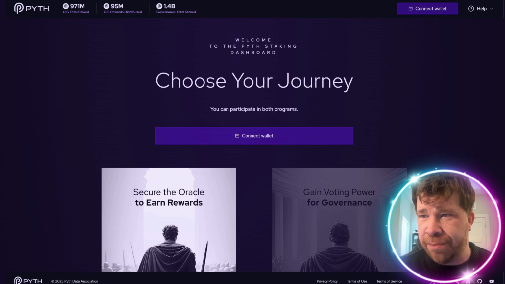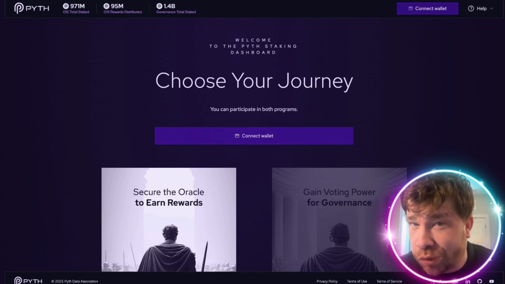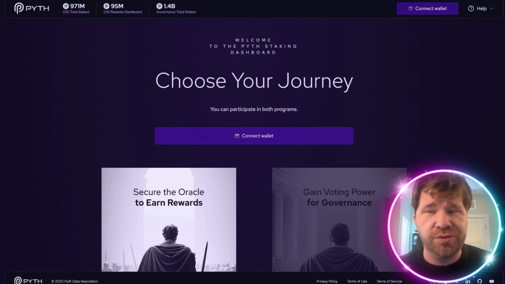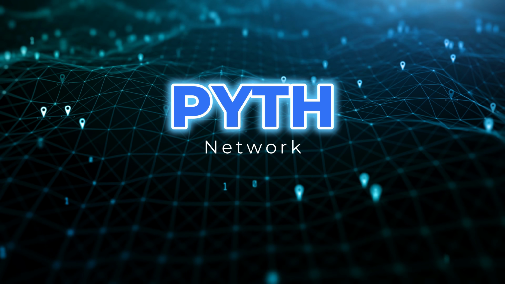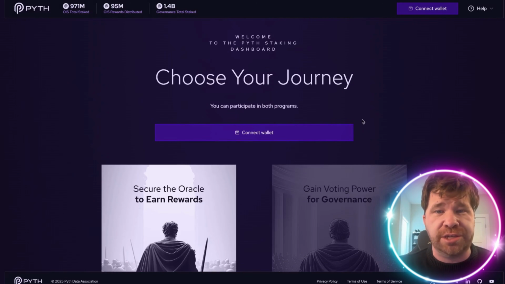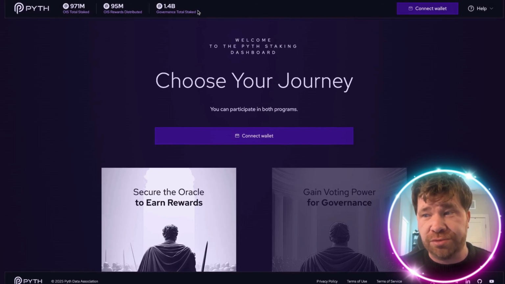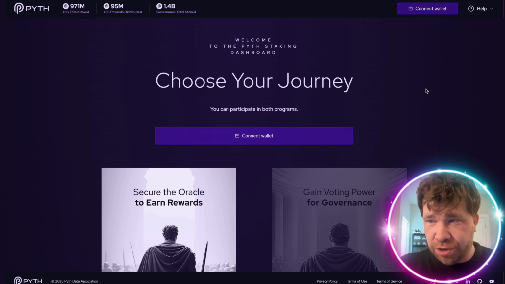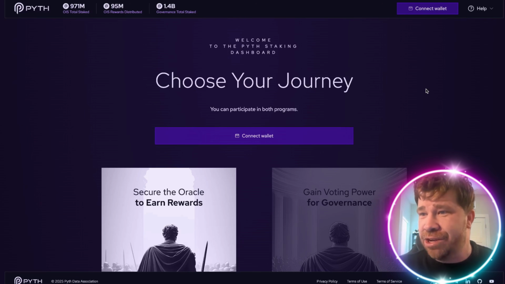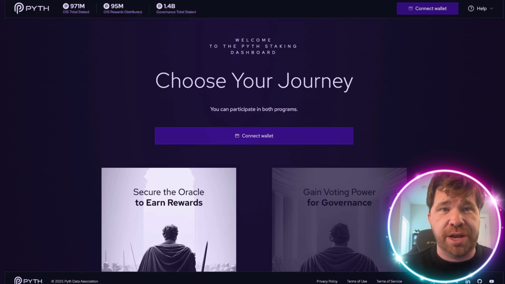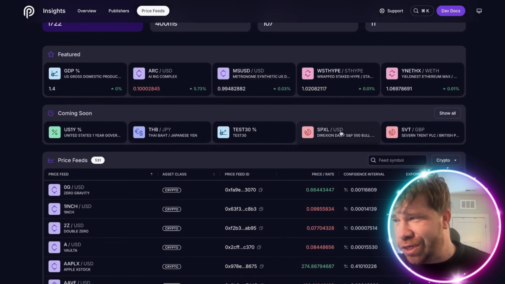So I want you guys to understand, you technically get two wins here. You get to fund a project early, that's important, but you also get rewarded for being part of the Pyth network, which is critical. You can see right here, you're going to be able to easily connect your wallet and go from there. Not to mention governance. As mentioned, stakers get to vote on which new price feeds are added to the price feed section. So if you go back here, you've got price feeds, and you're going to be able to help vote on this, which is critical.